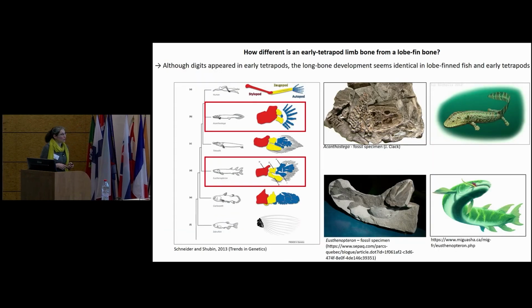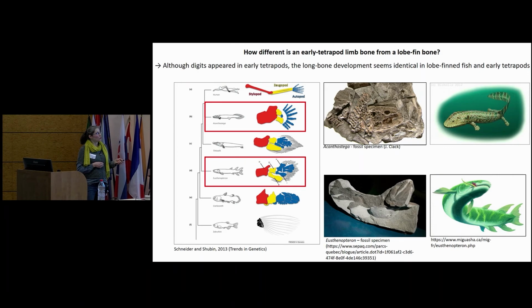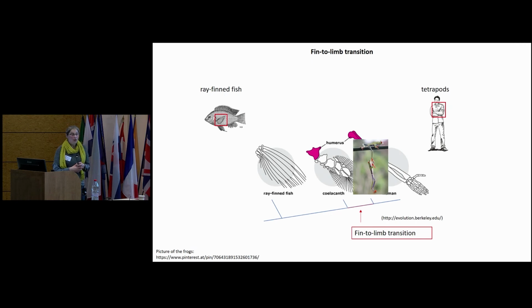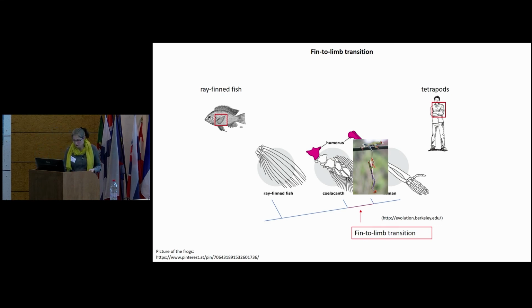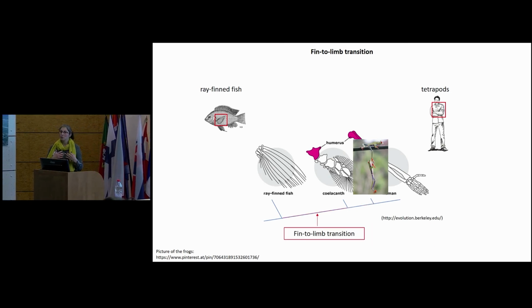But if I conclude on the development, although you have only digits within the earliest tetrapods like Acanthostega, you already have the long bone development present in the bone, like the humerus of Eusthenopteron. So the idea is that the fin to limb transition, at least at the level of the skeleton tissue, may not be in that part of the tree, but probably should be shifted a bit earlier. And for that, we will need to investigate more fossils, probably dense fossils, which will need the improvement of DSRF.